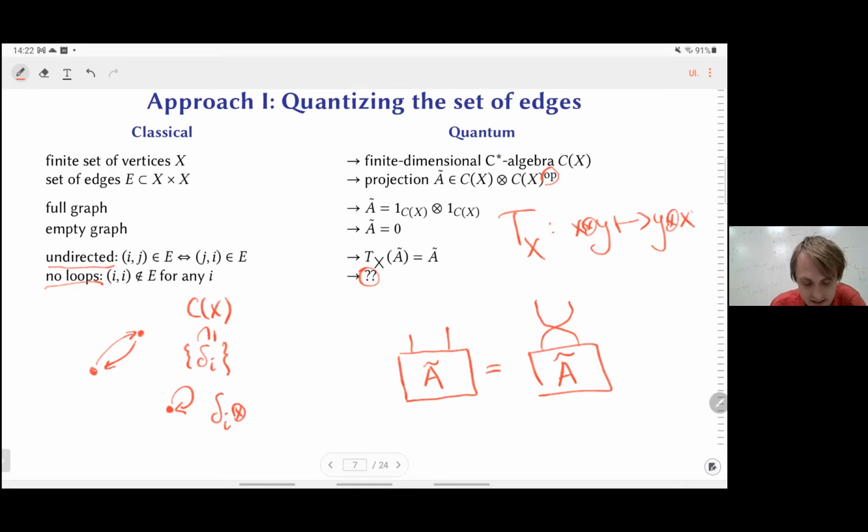But here, if you take any C-star algebra, you don't have this canonical basis. So it is totally unclear what this condition should be here. So if we want to generalize this condition, we would have to put some extra structure on the C-star algebra, which I will do in a minute. But now I guess it might not be clear what this should be. Right. So is there any other question to this?